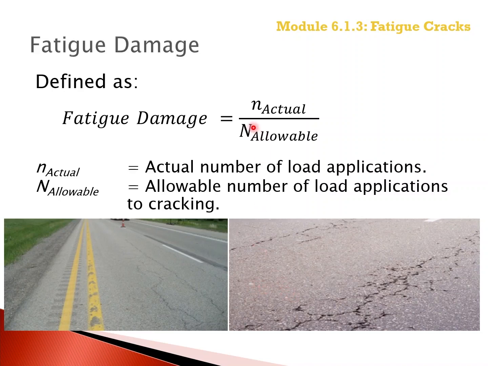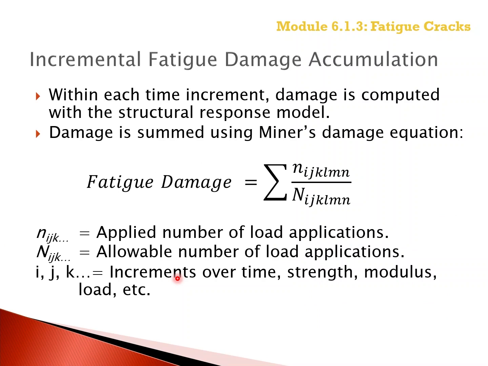So it's the actual number, little n, of wheel load applications divided by the allowable number of load applications, or the fatigue strength of the asphalt mixture. The incremental fatigue damage is summed using Miner's hypothesis or damage equation, just like for Portland cement